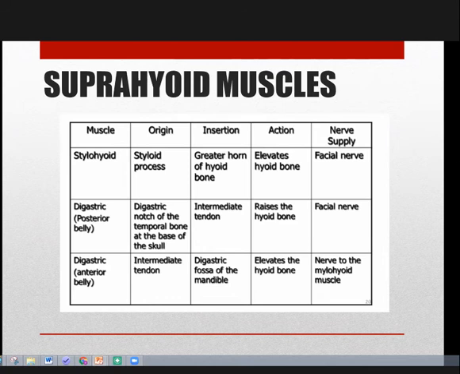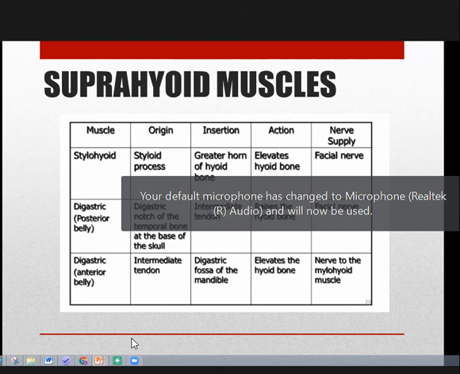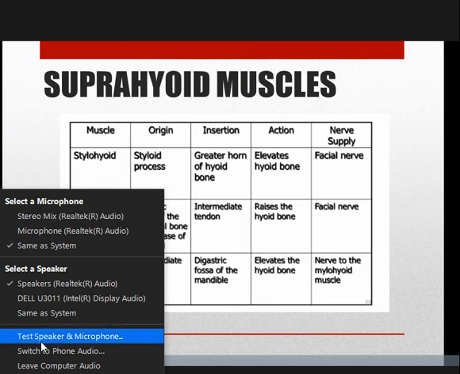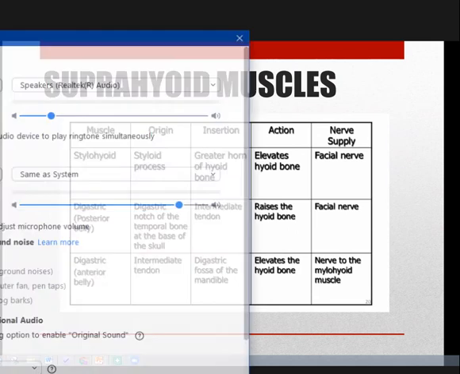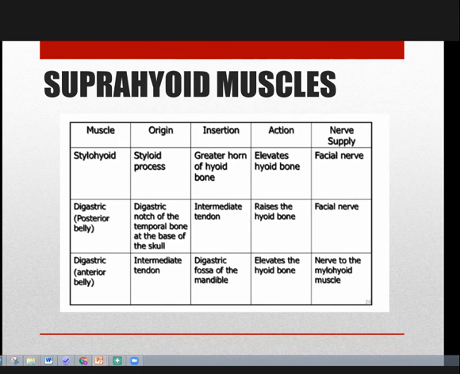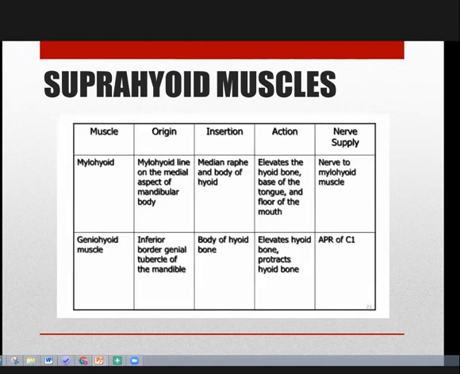So next we have the anterior and posterior belly of the digastric muscle. So for the anterior belly, of course, it elevates the hyoid bone. And its nerve supply is the nerve to the mylohyoid muscle. While the posterior belly, on the other hand, it raises the hyoid bone and it's supplied by the facial nerve. So mylohyoid, the action of this is it elevates the hyoid bone, base of the tongue and the floor of the mouth. So it is also supplied by the nerve to the mylohyoid muscle, just like the anterior belly of the digastric